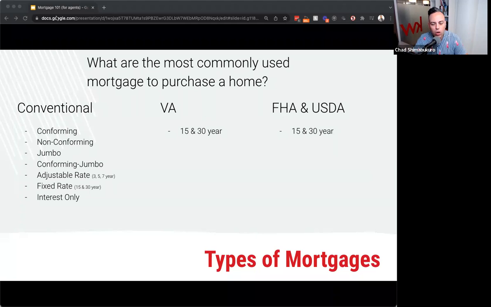Conventional loans, there's all kinds of different parameters, and we'll go through that in terms of down payment and so forth. So aside from conventional, there's also VA, and VA is for veterans or spouses of veterans that qualify specifically for that if the veteran has passed or in other circumstances like that. VA loans are also assumable. Assumable simply means that it's not relevant to the market that we're currently in, but you will oftentimes see it in a market that switches to like a buyer's market, not typically a seller's market.